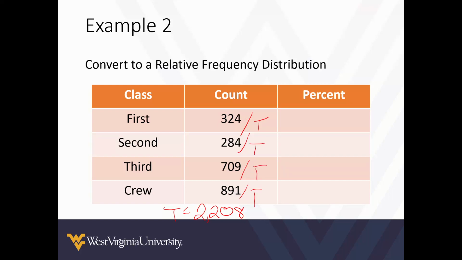And then from there, we can change those decimals into percents. And we will get percent for first class being 14.67%, second class 12.86%, third class being 32.11%, and crew being 40.35%. Pretty easy. I can say this is something that you will be assessed on in your homework and will